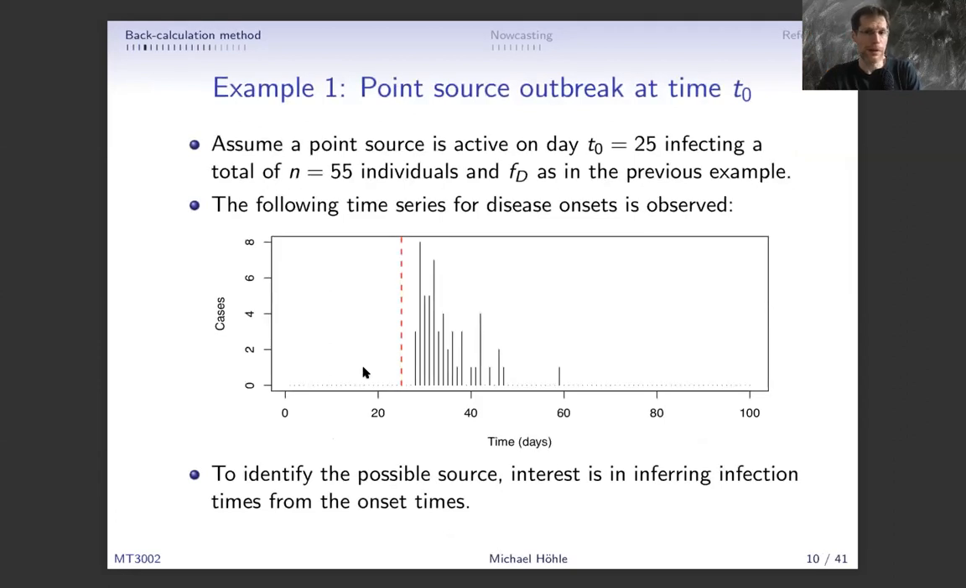So again, remember that I'm doing point source outbreaks here. So I'm doing foodborne outbreaks, and one could be a point source. It's simply available in stores one particular day. So I'll say on day 25, there will be an infectious substance which is consumed. So I will say it's such that 55 individuals are exposed to this agent,